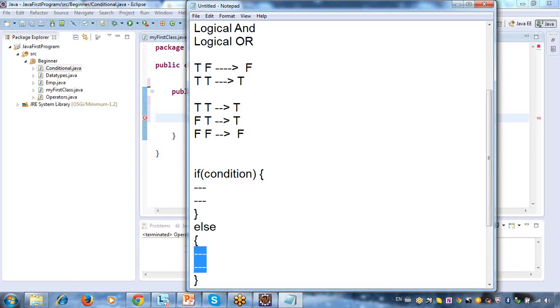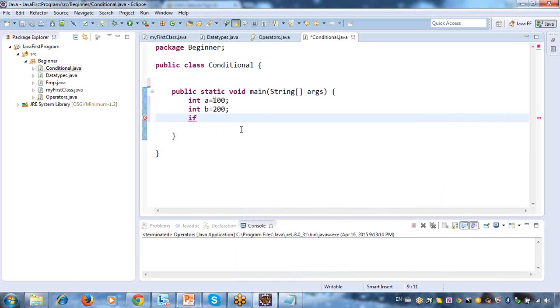We will use the if condition whenever we are having one or two conditions. If condition is true, execute this line. If the condition is not true, execute these lines. Clear? Fine. Now you can see how I am writing my if condition. If, what is the condition? If A is equal to B, use your parenthesis.